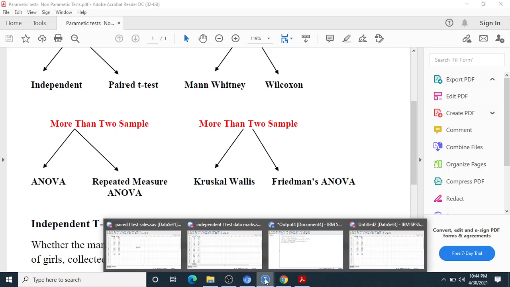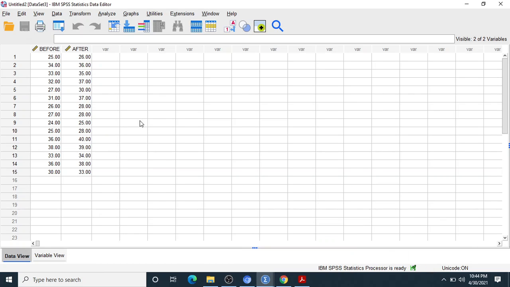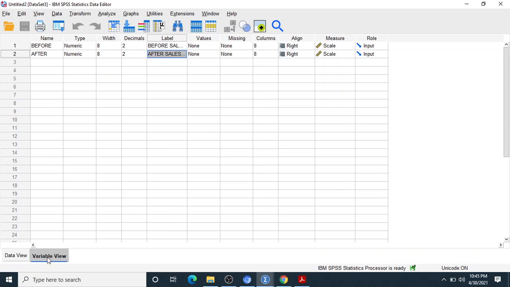So let us come to the table of the result. This is our table. These are the scores before promotional activities. There are 15. We can say this is the sale of 15 shopkeepers, and these sales are before starting the promotional activities, and these are the sales after completing the promotional activities. The same goes for our variable view.